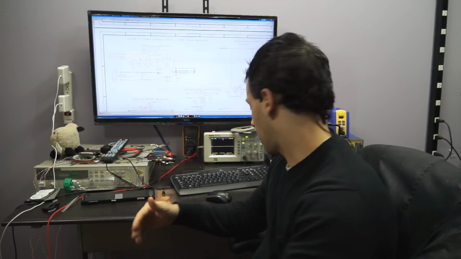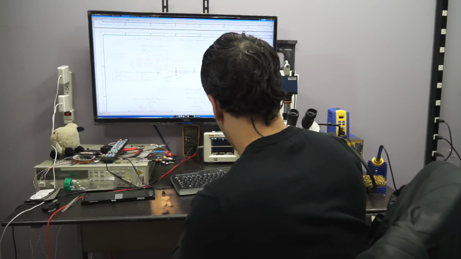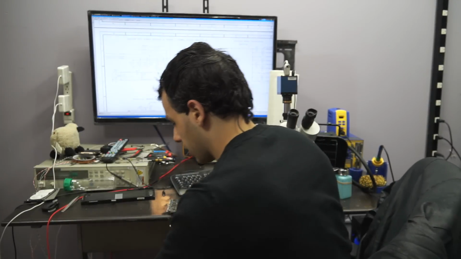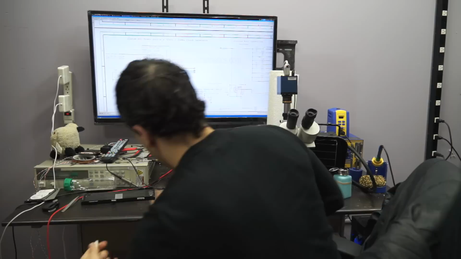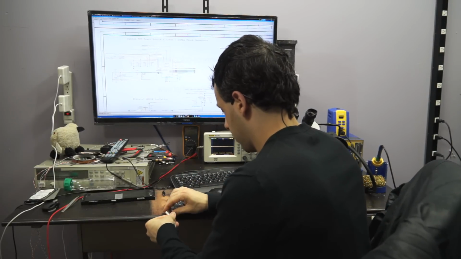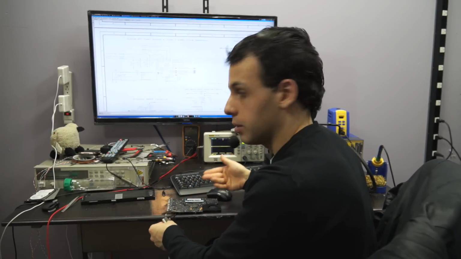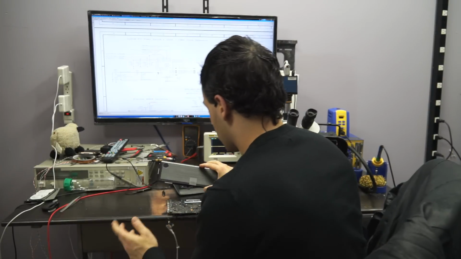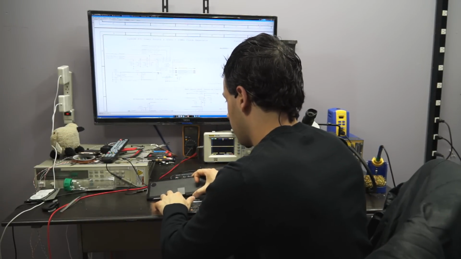Hi, so today I'm going to be going over a board that has an issue where it doesn't power on. So this is the board right over here, and when I plug my charger in, I get no green light on my adapter, but also it doesn't turn on at all. Now, sometimes there's an issue with the charging circuit where it won't turn on, but if you plug in